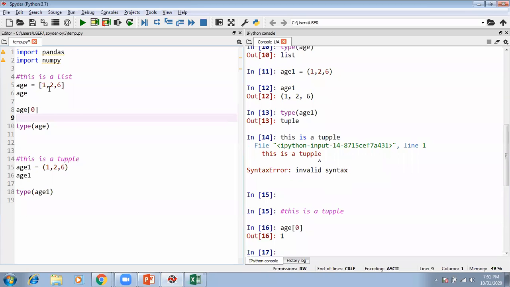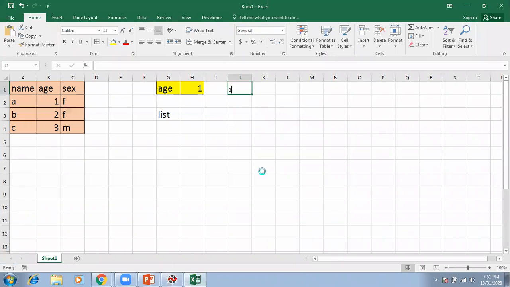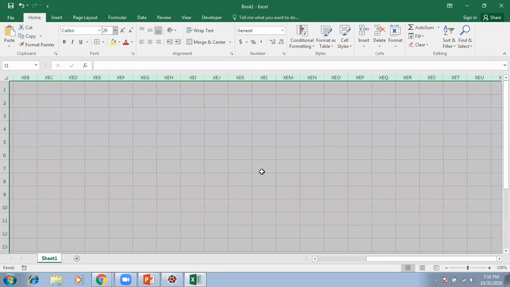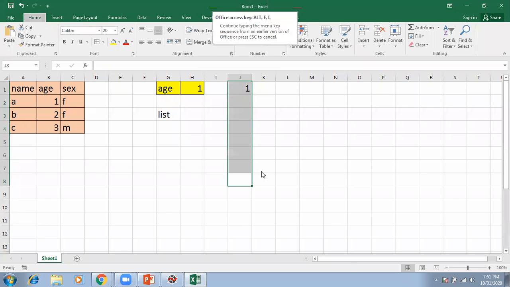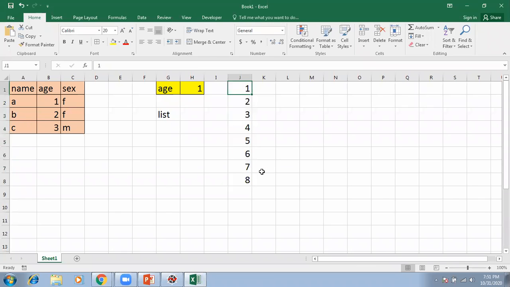Normally what we say is first, second, third, fourth. This is how we normally say. Python will count them starting from 0. This is 0. 0 means 1, 1 means 2.